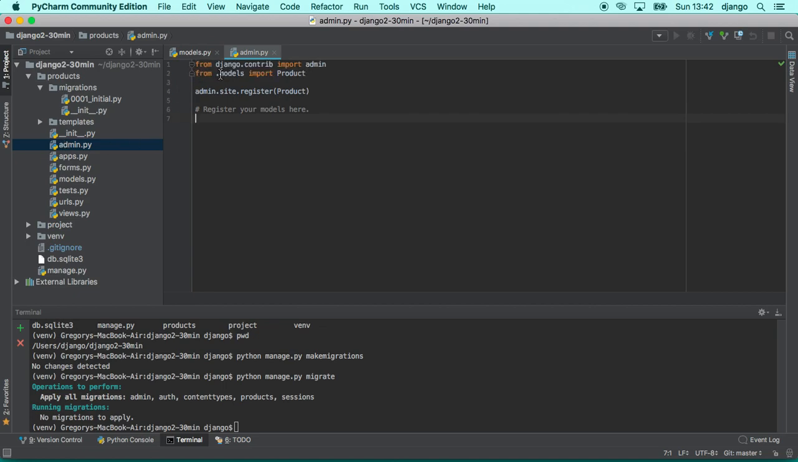Okay, so what you need to do is just import models in the product. So from models import products, and then register that here in this file like this. Okay, now we are able to manage our model in Django admin. And how can we do that? First thing that you need to do is create